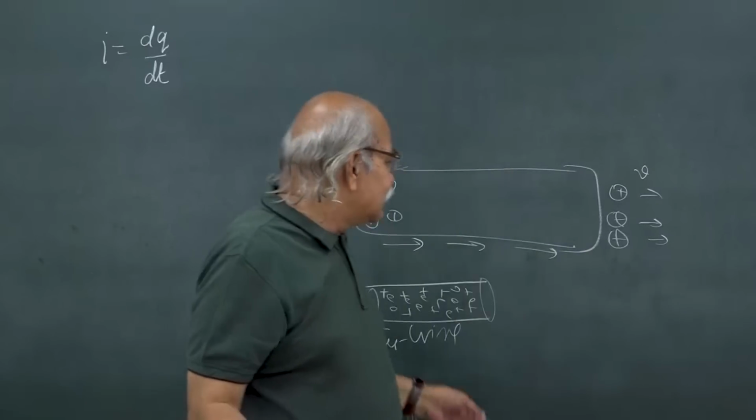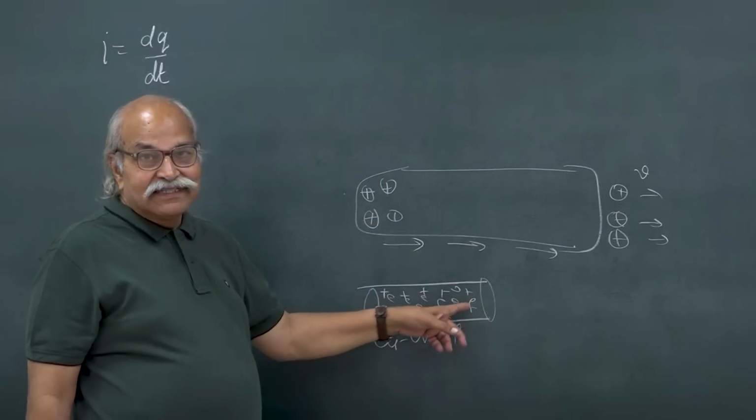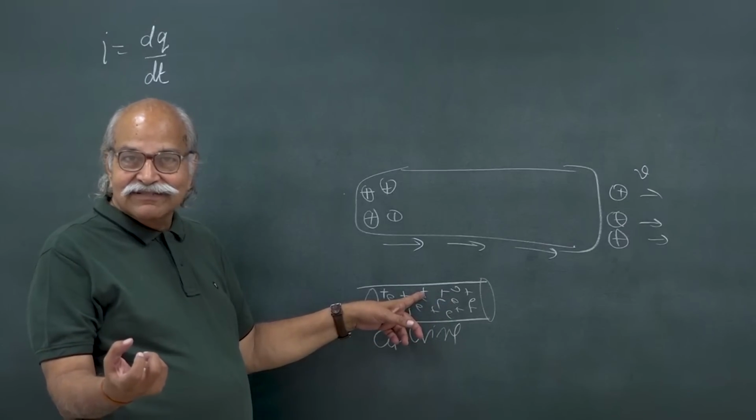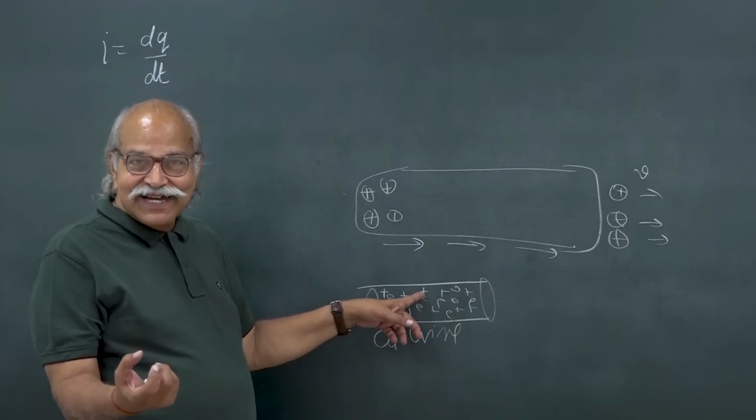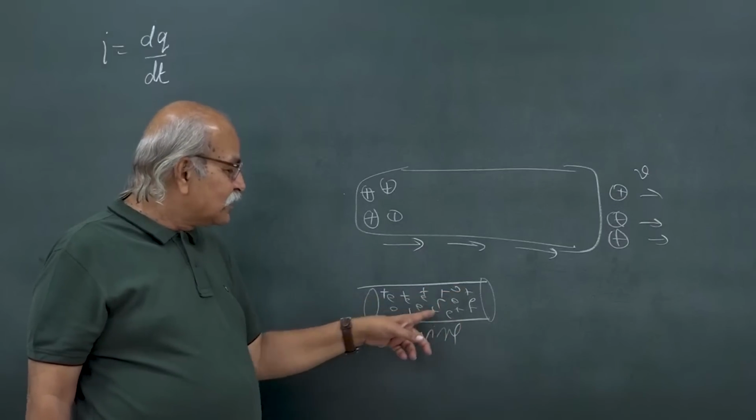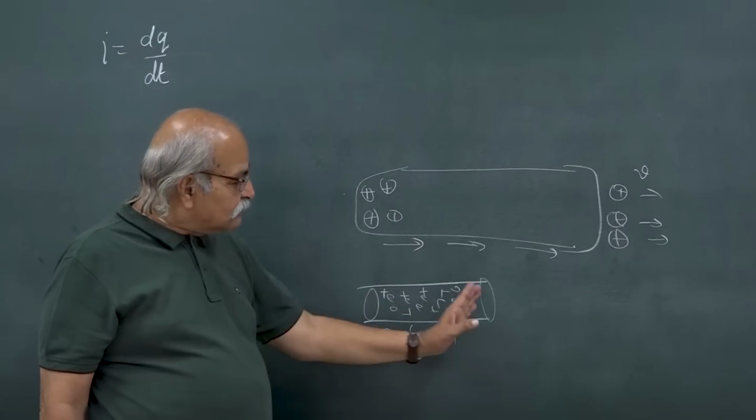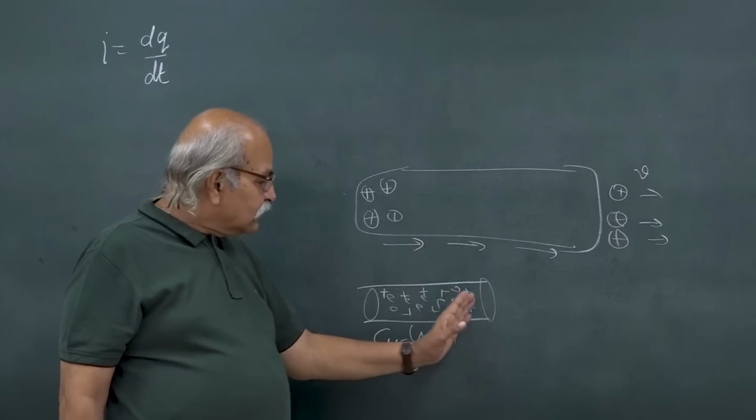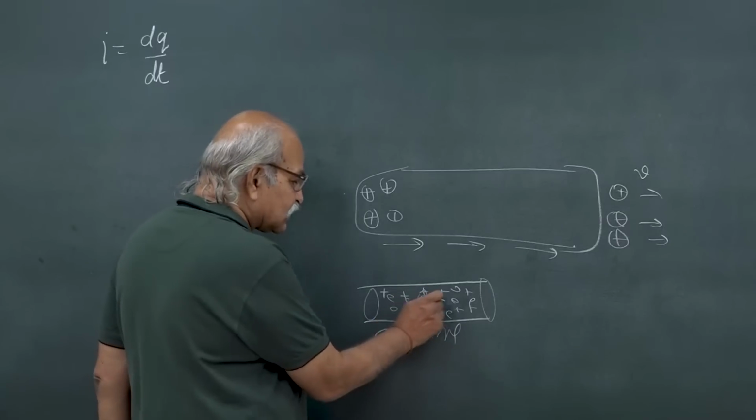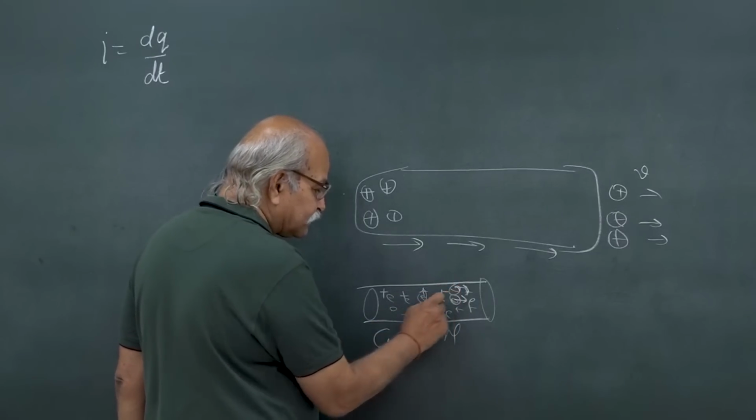So current is given by those free electrons which are there. The electrons which are bound, that 1s, 2s, they will not participate in the current, and the positive nuclei of copper, they will not participate in the current. But if you apply some electric field, if you connect it to some battery, then only these free electrons start moving,